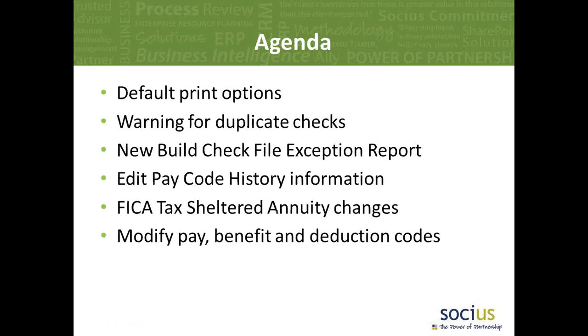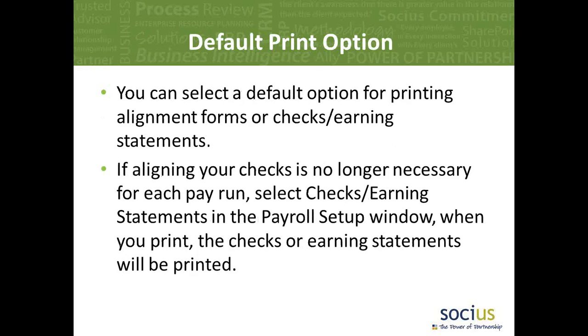As Cindy had touched on, our agenda for today is to touch on some of the new features: default print options, warning for duplicate checks, the new build check file exception report, the edit pay code history information, the FICA tax sheltered annuity changes, and the modify pay benefit and deduction codes. So we'll jump into these real quick. For a default print option,